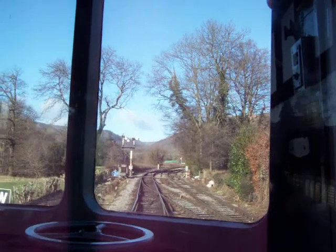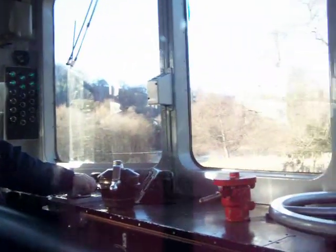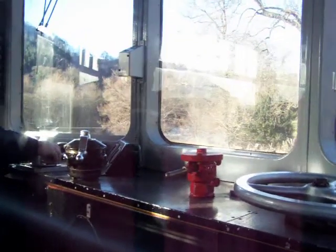Out to the left you can see the slalom course on the river. I did notice some canoeists on the last trip, so there are some hardy souls out and about. I can't see any this time round. Down by the bridge on the